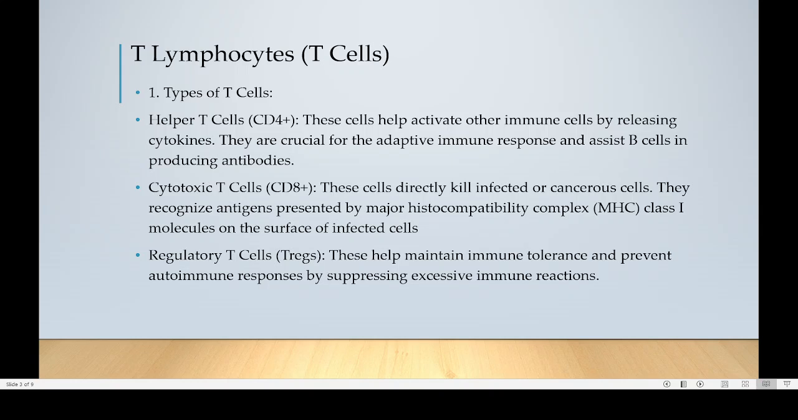Now second type of T lymphocyte is known as a cytotoxic cell. They are also known by the name CD8 cell. These cells directly kill infected or cancerous cells. So that is the main function. Cyto means cell, toxic means poisonous or harmful. So these are directly killing the infected or cancerous cells. That is a function of cytotoxic T cell. They recognize antigens presented by major histocompatibility complex, class 1 molecule,